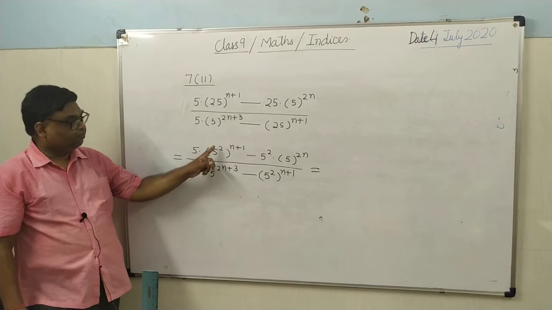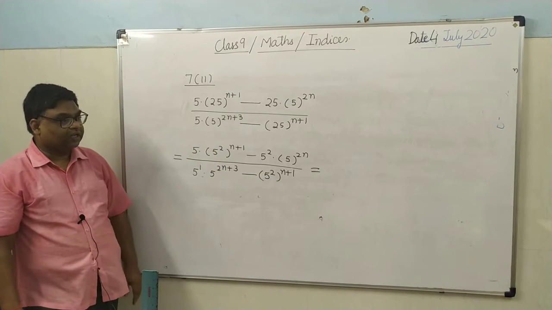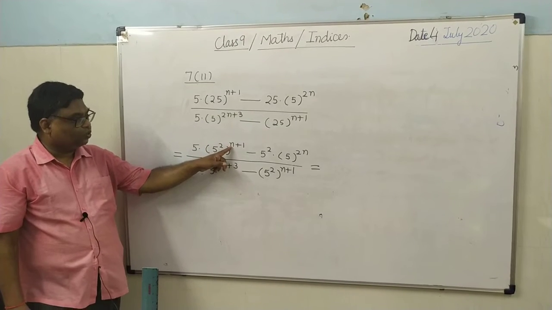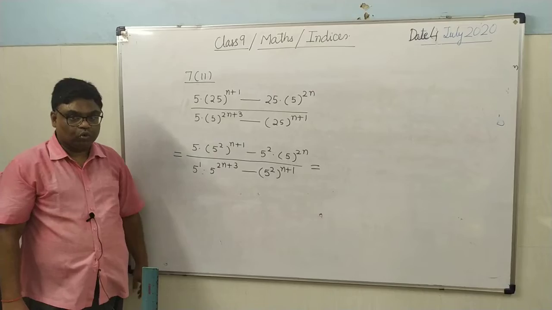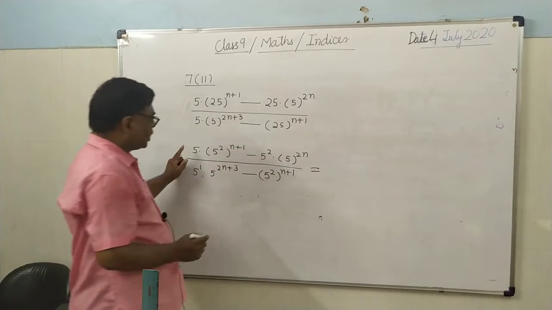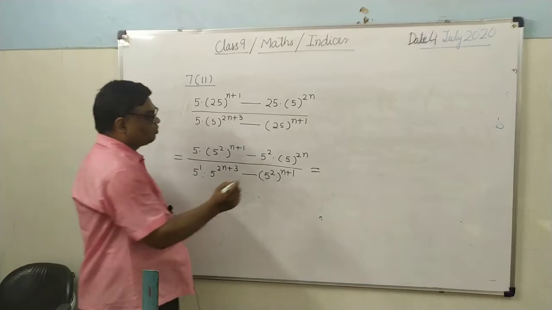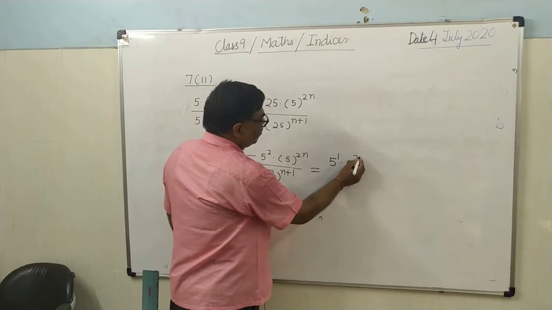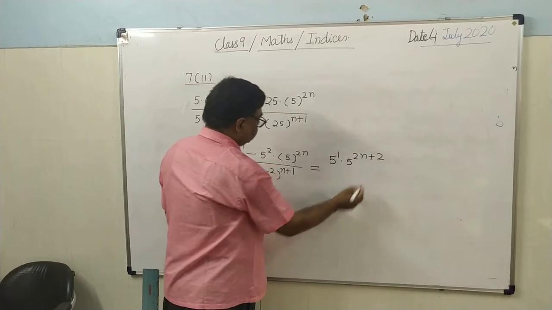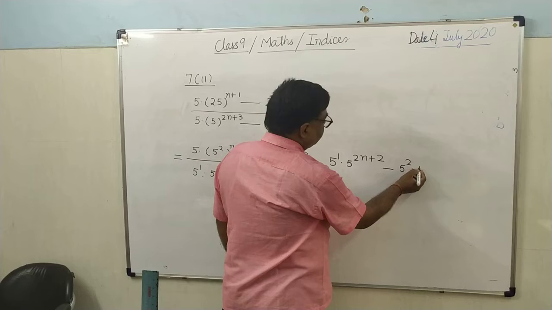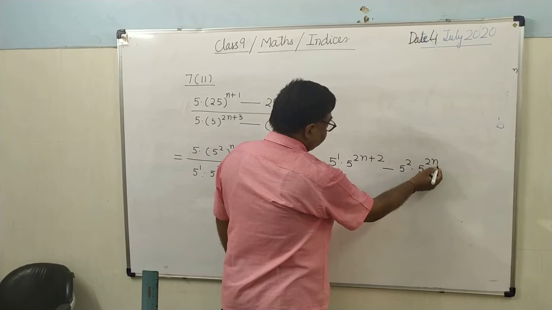Both powers will multiply: 2 into n is 2n, 2 into 1 is 2, so 2n plus 2. This 5 which is already here, you can write as 5 to the power 1 into 5 to the power 2n plus 2, minus 5 to the power 2, 5 to the power 2n,